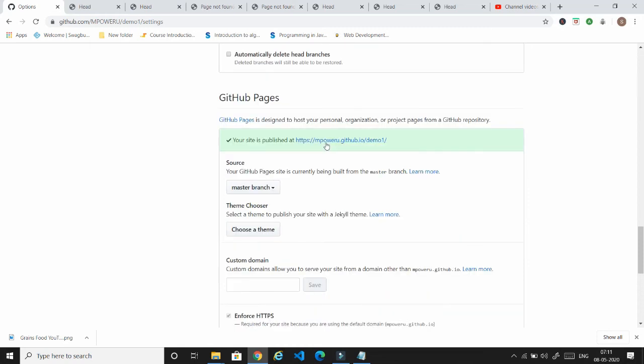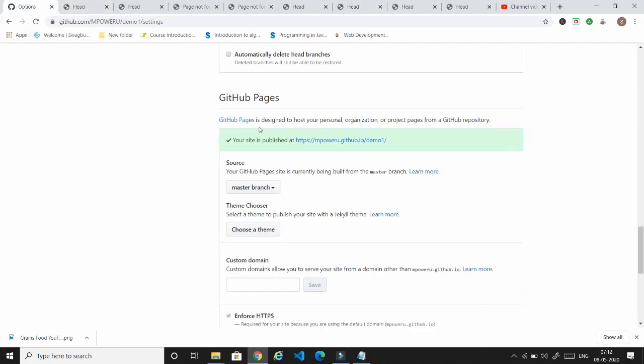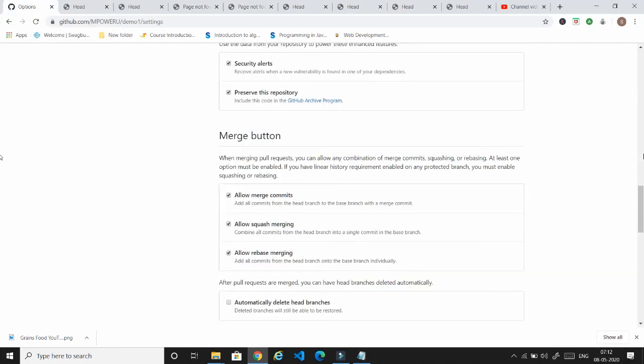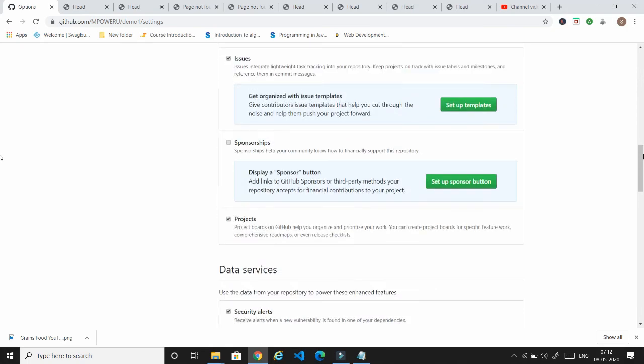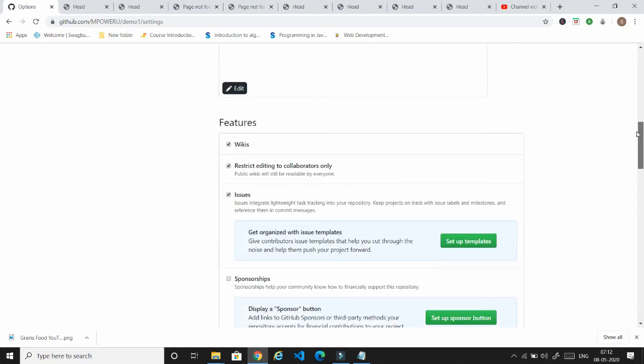My website, after uploading the HTML, index.html has been published. So I'm just going to that website. You can see here there is no form. The reason is that I have updated the HTML in GitHub, but I have uploaded the HTML file from my web development folder, so it is not updated. I only updated it in GitHub.